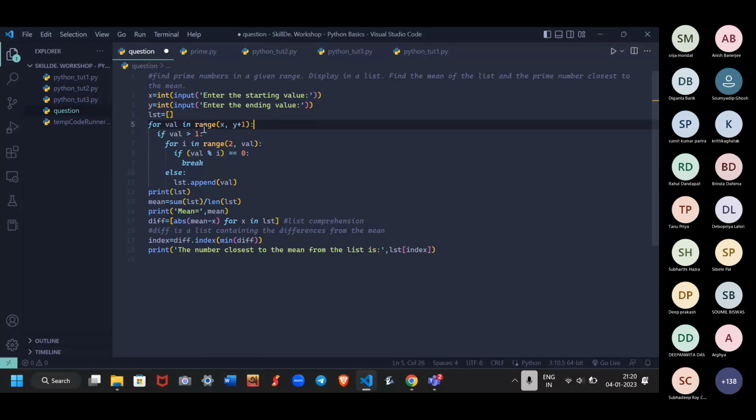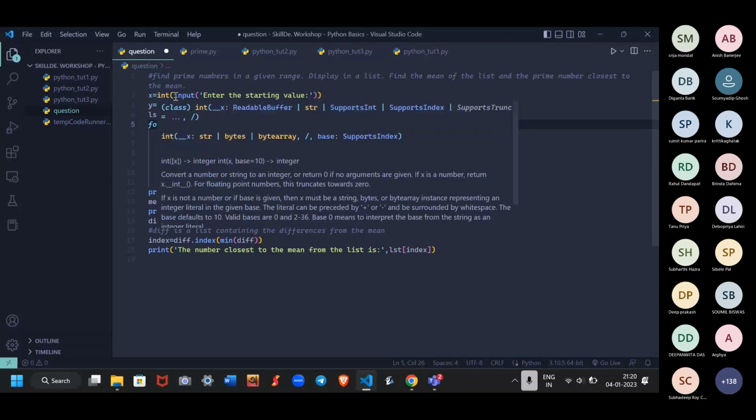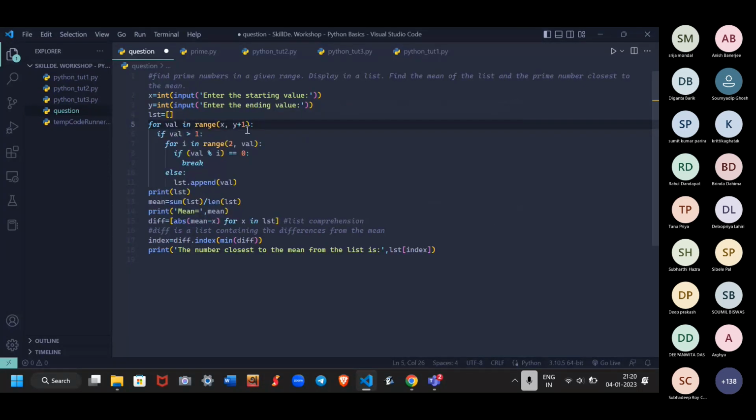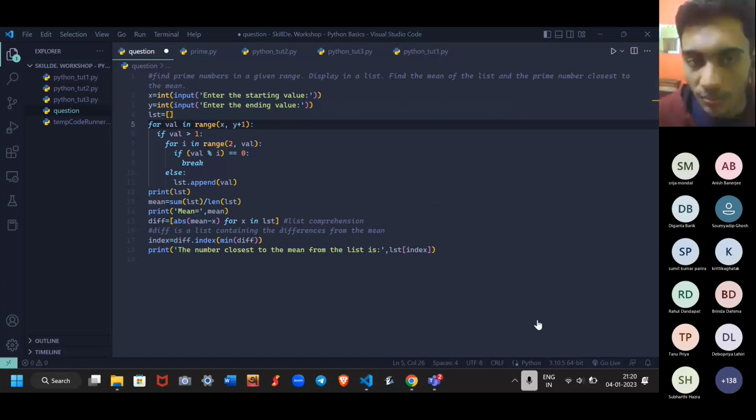এবার x to y plus 1 কেন, এই পার্টটা এক্সপ্লেন করাই ছিল। x হচ্ছে ইনিশিয়াল পয়েন্টটা, y plus 1 হচ্ছে এন্ডিং পয়েন্ট। তো x থেকে y plus 1 অবধি যাবে, মানে x থেকে y অবধি যাবে বেসিক্যালি। সো এবার ভ্যালু যদি গ্রেটার দেন 1 হয়, তাহলে এই কন্ডিশনের ভেতরে ঢুকবে। For i in range 2 to val, if val modulo i equals 0, মানে if it's a multiple from 2 to val,